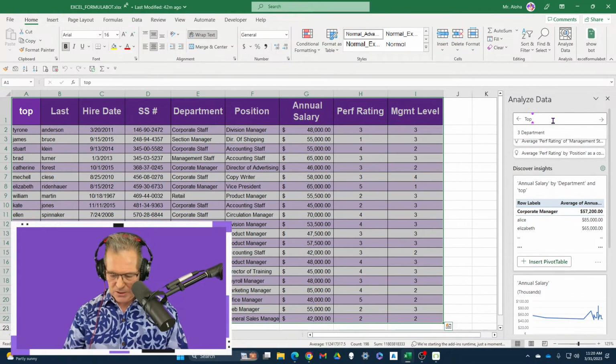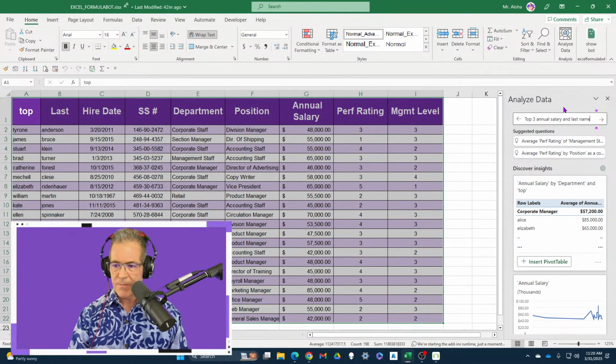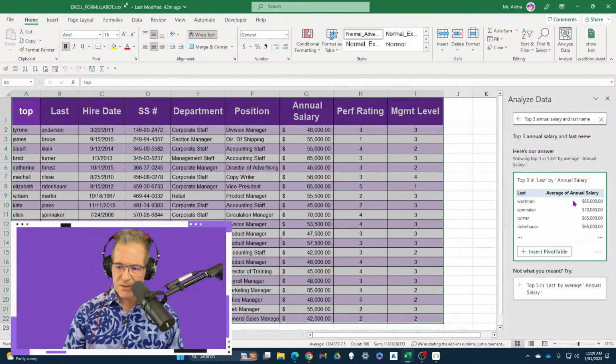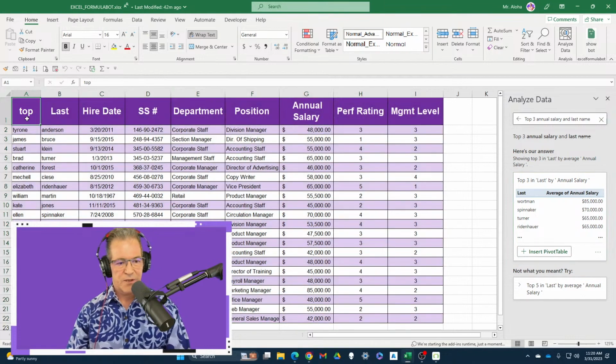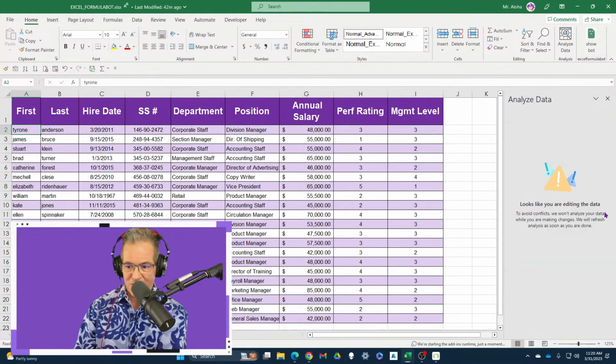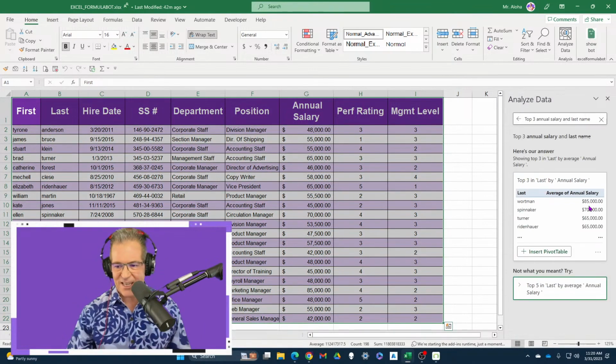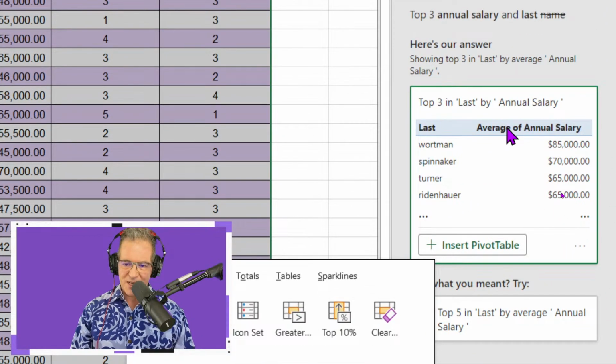Top 3 annual salary and last name. Boom. Let's see what it gives me. Oh, there you go. This one right here, I got to change. That was first. And now it's going to say, hey, we're analyzing your data. You see it right there? Whenever you make a change, it analyzes again. And then there's our top 3 in last,